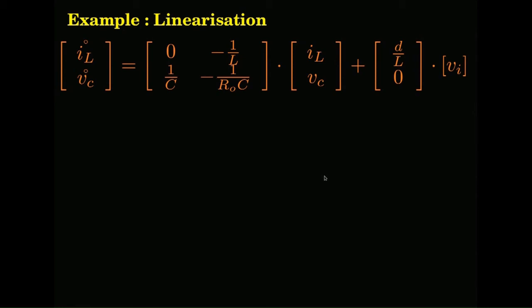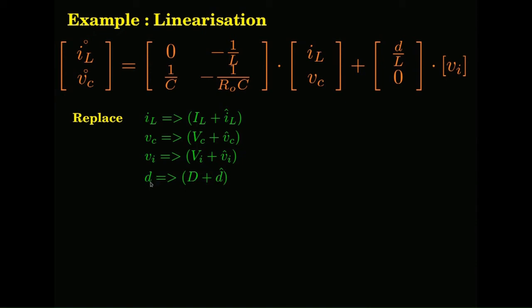The next process is, from here you start the linearization. Okay. Linearization you know already how to do. So you start from here. What is the process? You replace every variable by two components. One is the steady state or the nominal operating point component, and another one is the deviation about the nominal operating point. So, you do the same process for all the variables IL, Vc, Vi and D. D also, because D is a variable here and that variable is coming within the parameter matrix, and this time varying component you cannot have it here.